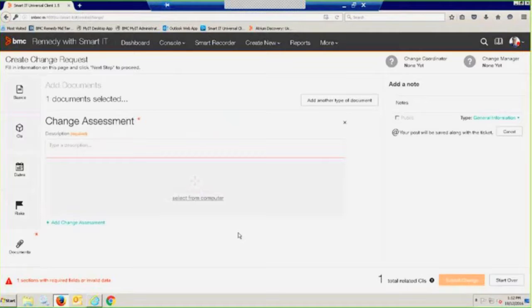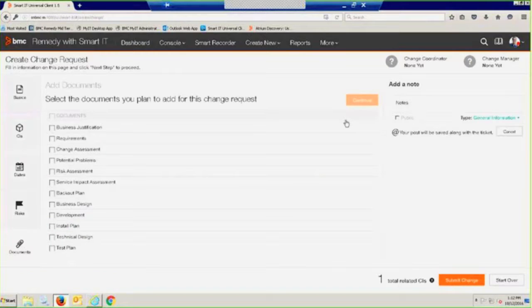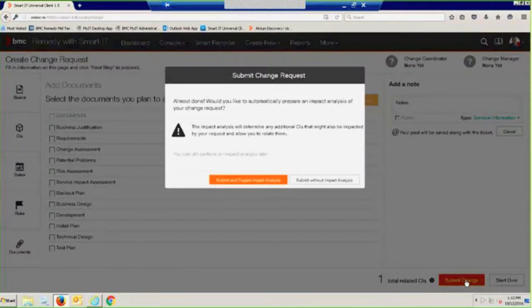So as you go through it, the other thing you're ready to do, of course, here in your document side, is to put in what those other ones would be, and add any notes. Ultimately, you're ready to do that particular change here. I'm going to just kill that one since I don't actually have a good PDF or Word document to do there. And now I'm going to submit this change, and it will prompt me and say, well, we've already advised you